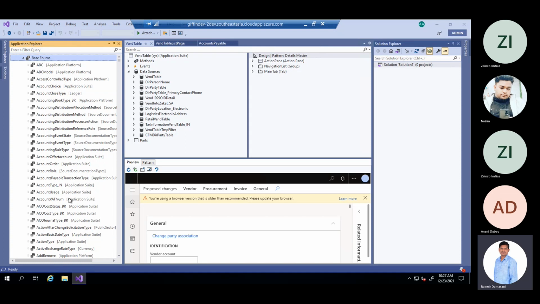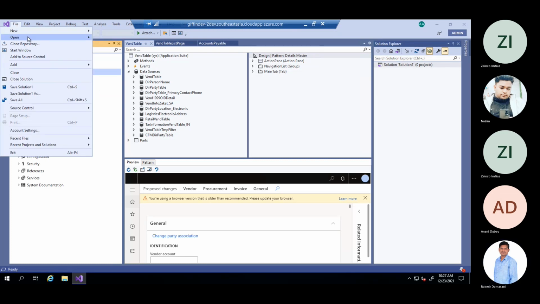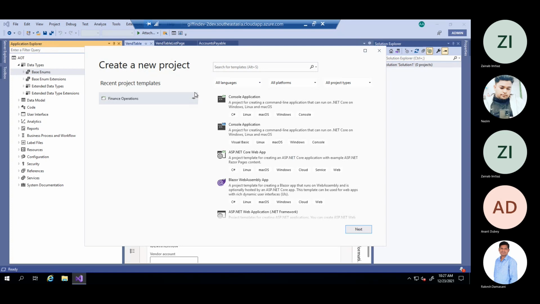There might be a case where you will be creating fields based on EDTs or based on enums. So let me quickly create one. After opening Visual Studio, you have to create a new project. As this is 2019, it shows the project template. So I selected Finance and Operations.